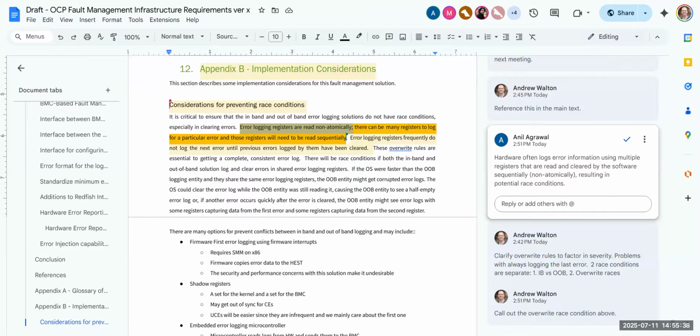Okay, but why can't I do it backwards? Why can't I read all the other registers and then the status register last? Because then I've captured everything, it's all in sync. No, because they could be changing under you. You could have read the first register, then you get another error. Now the next register read is from another error, and then a different error occurred. Now the third register read is from yet another error.